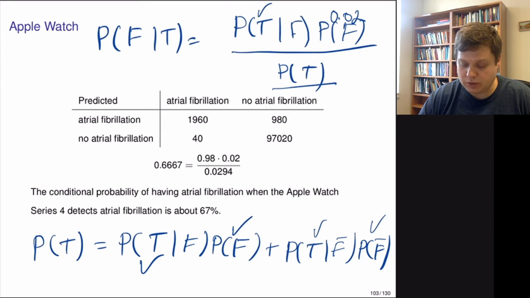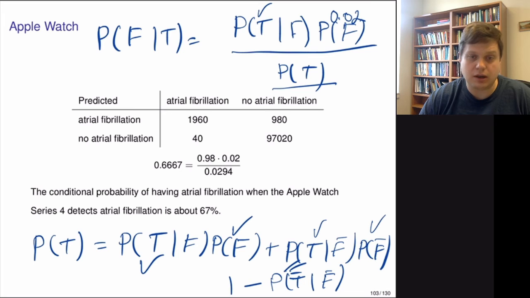And this one is given to us. Well, what we know is the probability of seeing a negative test given that the person has no fibrillation. But if we take 1 minus that, we will get this number. So if a person doesn't have fibrillation, the test is either positive or negative, so this probability and this probability have to sum up to 1. So that's how we do the calculation. If we plug everything into the equation, then we get